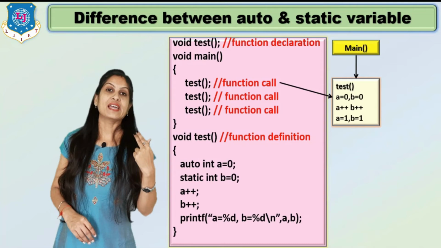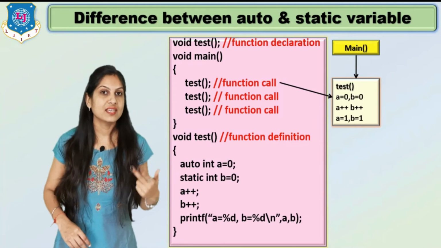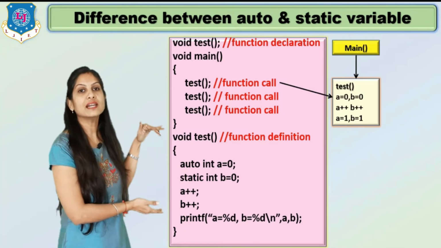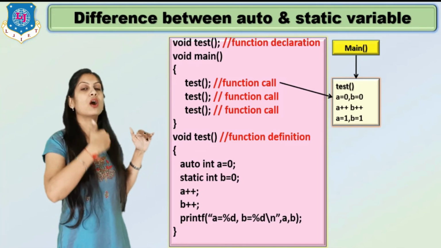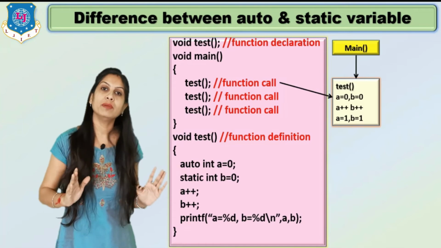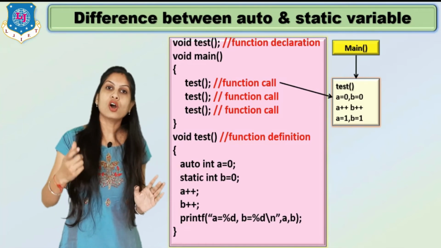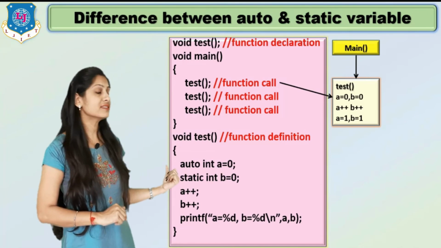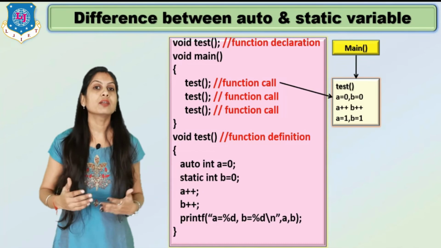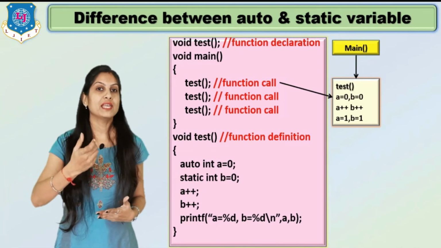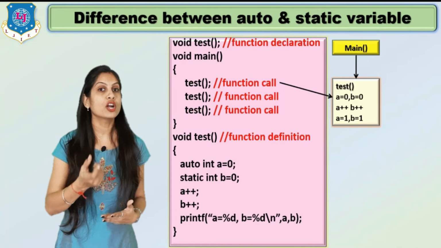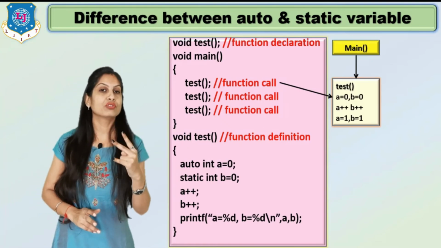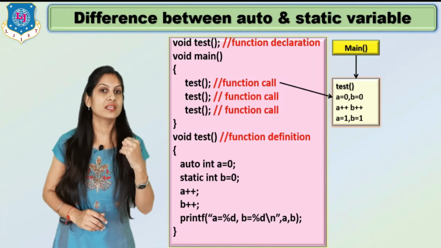First is auto, and what is the meaning of the auto storage class? The scope of that particular variable is inside that function. When we come out of the function, the variable will be destroyed. Means the value of a will be destroyed because of type auto. And the second is what? Static. Static means the b variable value will not be destroyed until the end of our program. Clear? So these two things you have to remember, and just see the output.